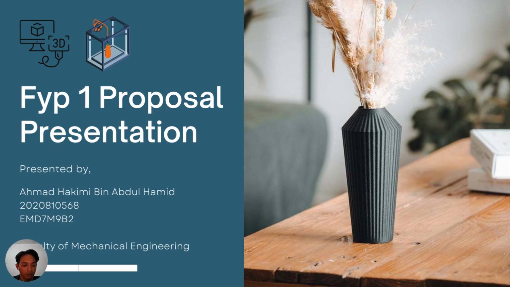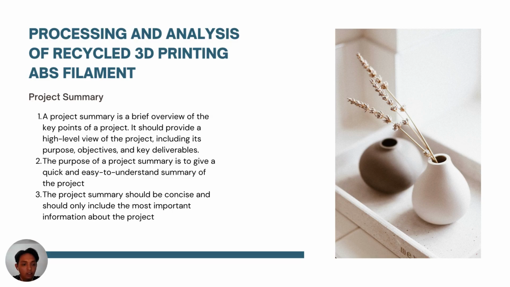So for today, I'll be presenting my FYP1 proposal. My name is Ahmad Ahmed Abdul Hamid, matric number 2020510568. I'm from class EMD7 M9B2 from the Faculty of Mechanical Engineering. For my final FYP1 title, I chose processing and analysis of recycled 3D printing FS filament as my final year project title. In the proposal, at the start, we usually put the project